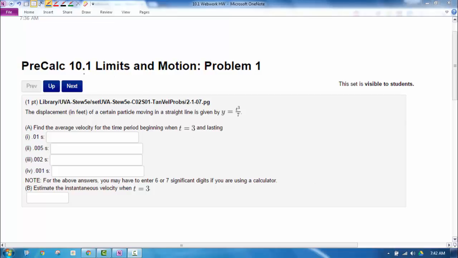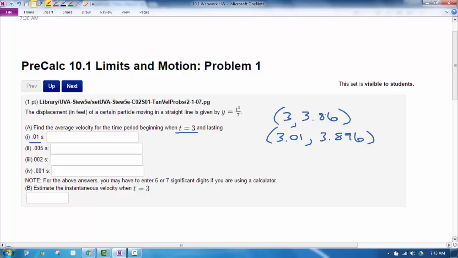Okay, this is 10.1, first problem. It wants us to find the average velocity for a time period beginning at t equals 3 and lasting, in the first one, 0.01 seconds. To find average velocity, that's the slope between the 2 points. So when you plug in 3 here, you get approximately 3.86, and then you plug in 3.01, which gives you approximately